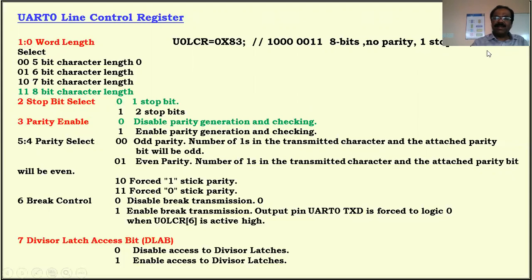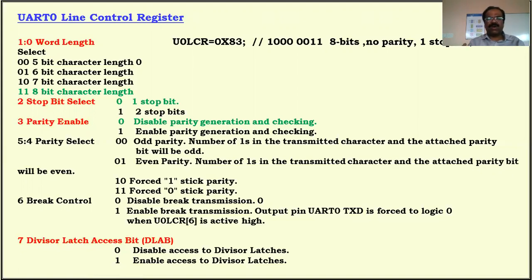Okay. Then next, bit number 7, the divisor latch access bit. That is nothing but DLAB. Either you can enable or you can disable depending upon the requirement. First we have to enable this. Why do you have to enable this? Because we have to calculate the baud rate. How to calculate baud rate? That is 9,600 bits per second, 115,200 bits per second.